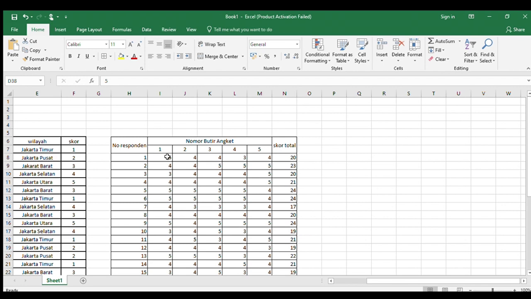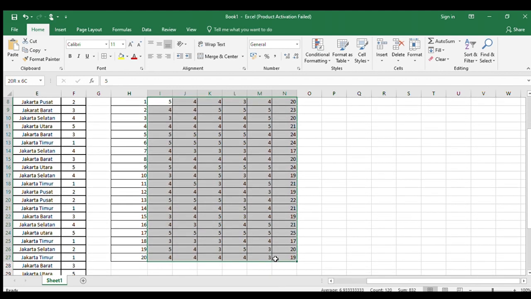Copy the result of the questionnaire and paste in column item 1 until item 5.